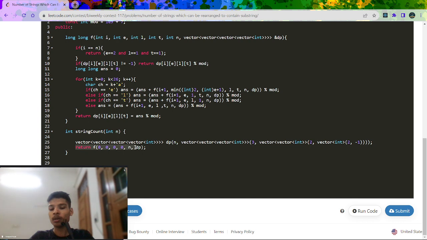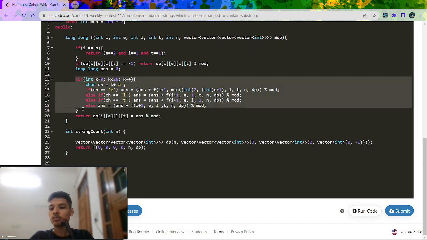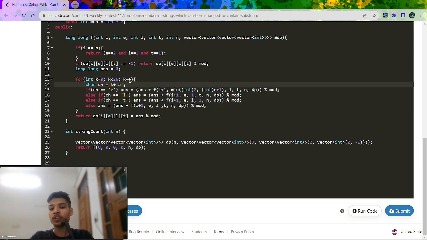Then I will simply call my function. You can see my function's first variable is i, second variable is E, the number of times E has occurred for the ith call, and my next letter is L, next letter is T, and then N and my DP array. So I will iterate from k 0 to 26 and check if my current letter is E,